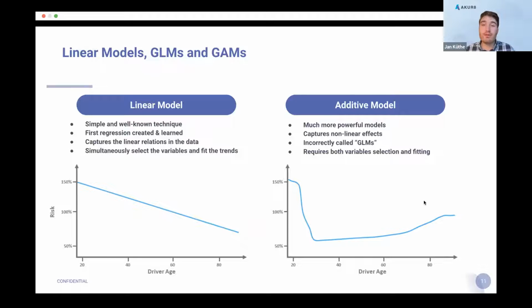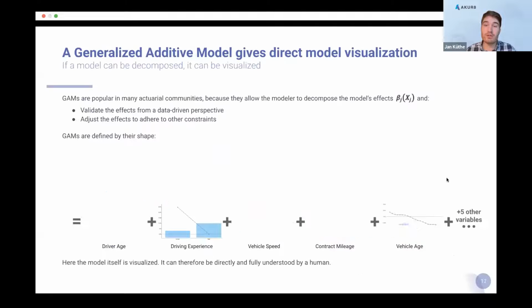And thus the model class of generalized additive models, a generalization of the generalized linear models, which are as well a generalization of the linear models on the left-hand side here, do fall nicely into place for those applications.